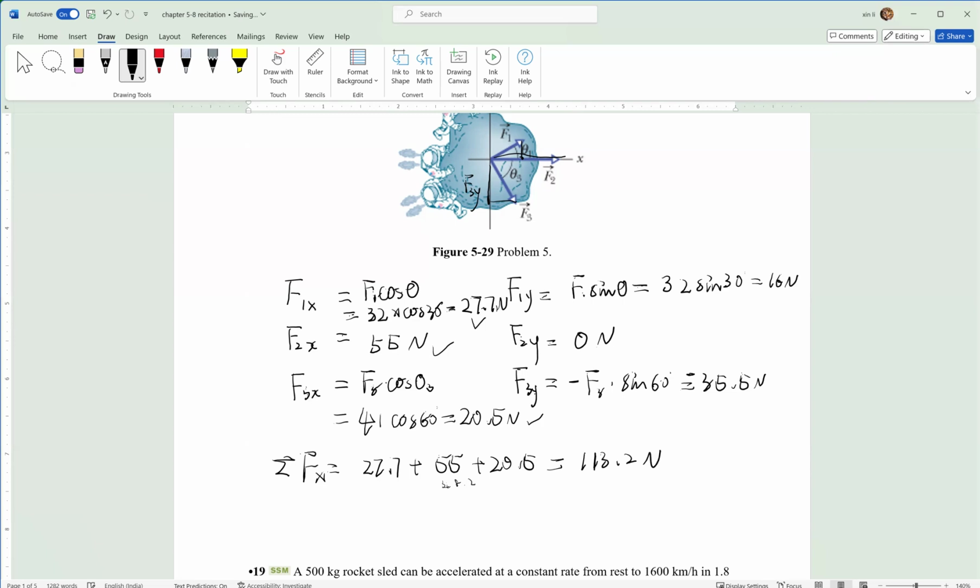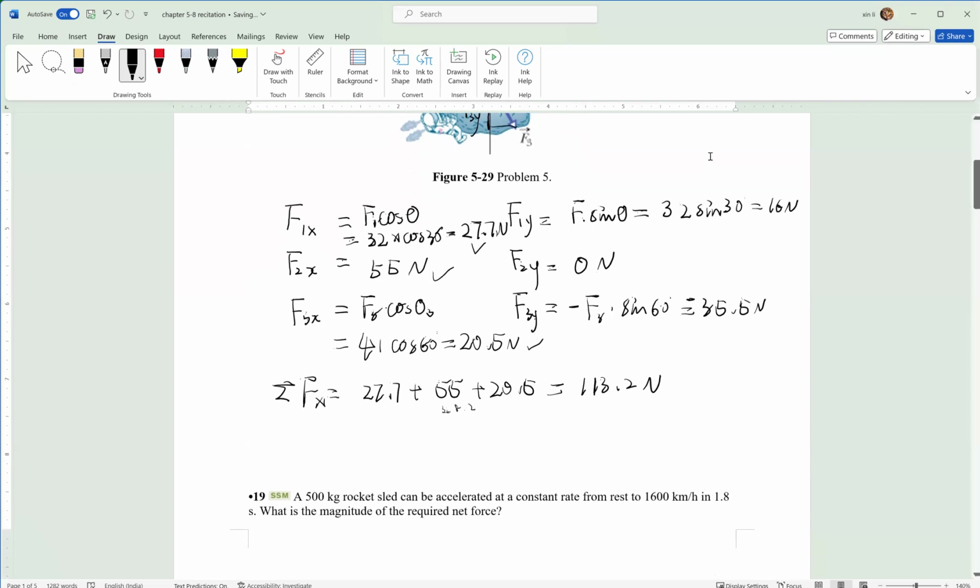Okay, and also you can get your net force along y direction, which is 16 plus 0, and then minus 35.5. Okay, so we can get our net force along y direction, which is 16 minus 35.5, and you are going to get 16 minus